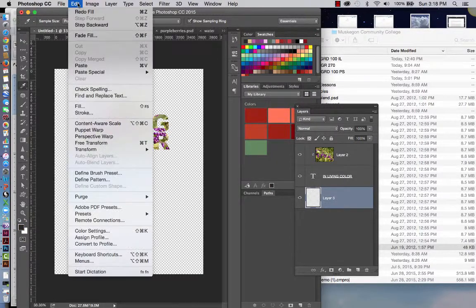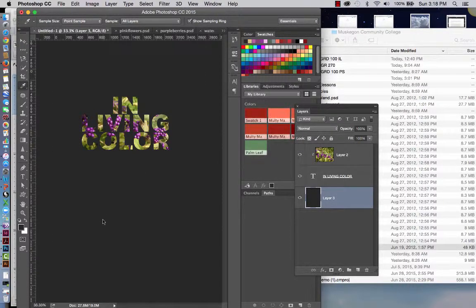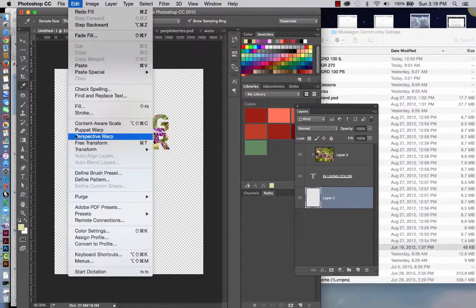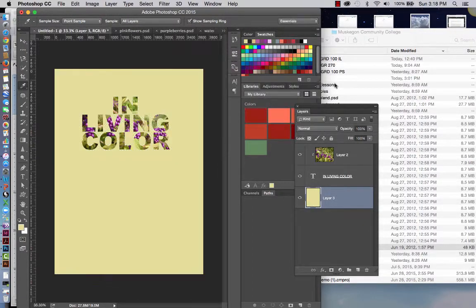Again, we're going to go to Edit, Fill, and we're going to fill it with a foreground color. I don't know how I did that, but let's go to Edit and Fill. Fill it with a foreground color. All right, again, could work, but I think I'm going to instead